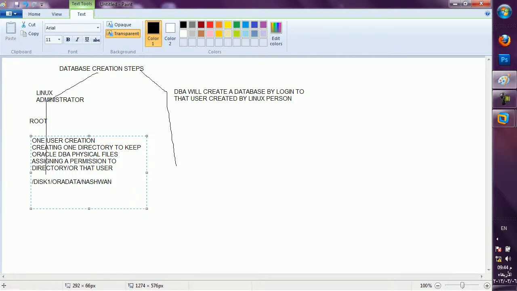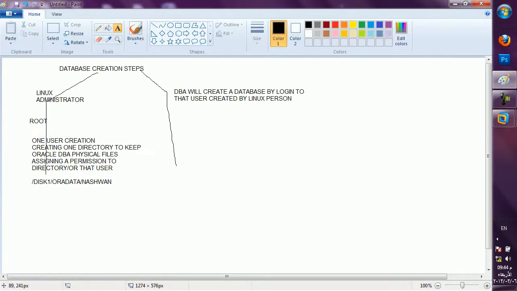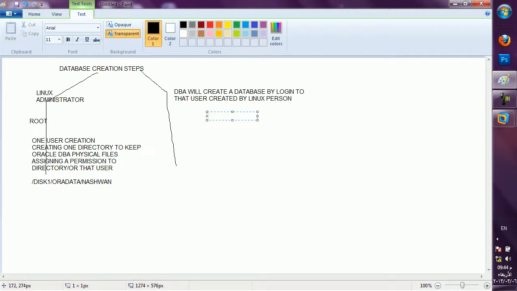So this will be my root part. These have to be created once. This responsibility is actually done by the Linux administrator, not by the Oracle person. After getting all these things, after getting the username and password, the Oracle person can create the database. But what happens the first time you log in with this user and password? Suppose your username is created as batch3, and batch1234 is the password.